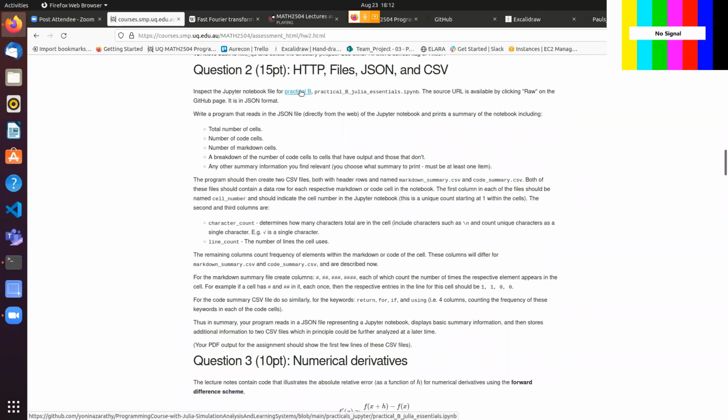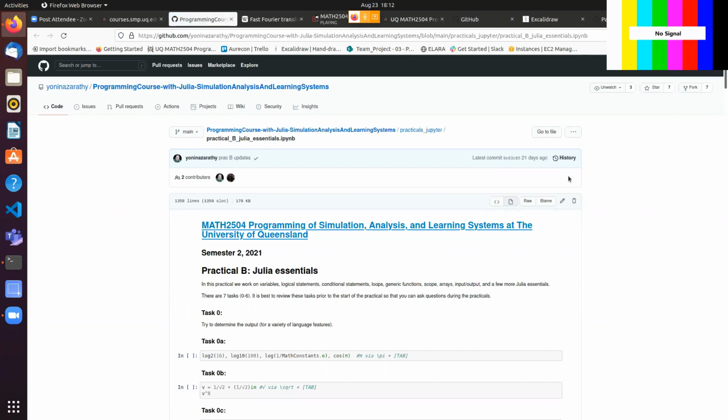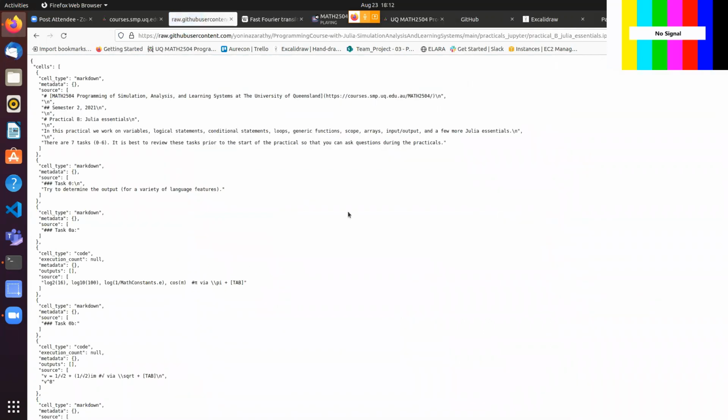Has everyone settled on a way of getting the practical B? So the interesting thing is that everything is the same bunch of data formats. If you look at the raw, this is JSON. So JSON's all over the web,